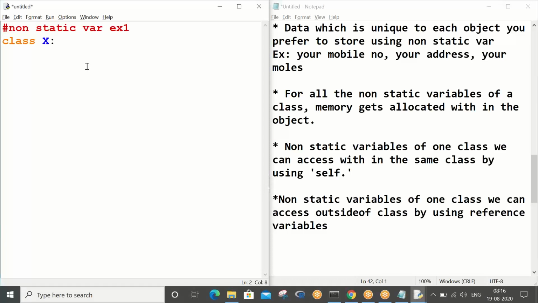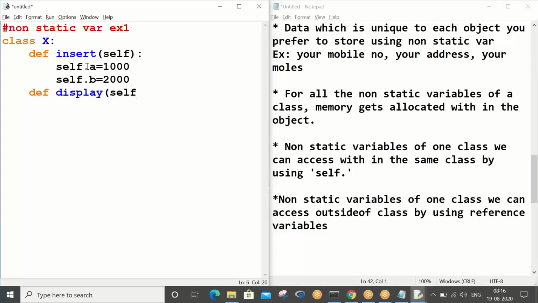Please take class X. Now def insert with self: self.a equals 1000, self.b equals 2000. Then def display with self: print self.a, print self.b.